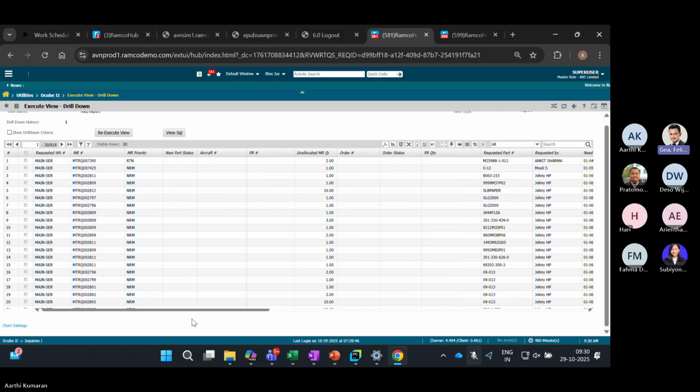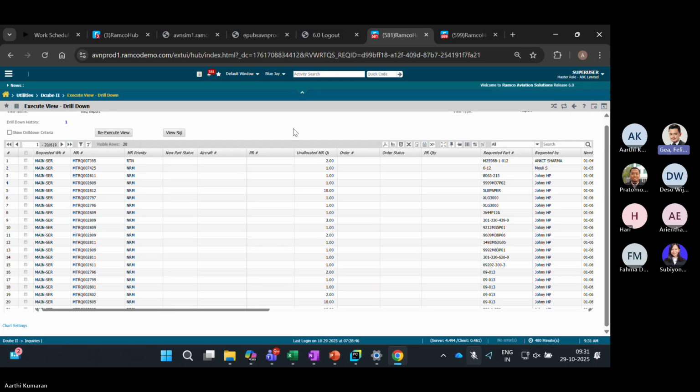So while you're tracking it, let's say you're sitting in the morning 8 o'clock meeting, and now you need to decide what the open engine work orders are, what the demands are, what the parts are, and which are open. So we have this requisition report. You can flash this in the front, and now what you can see here